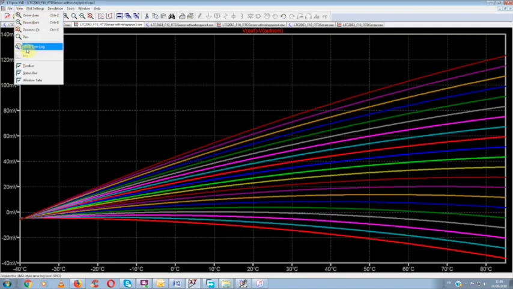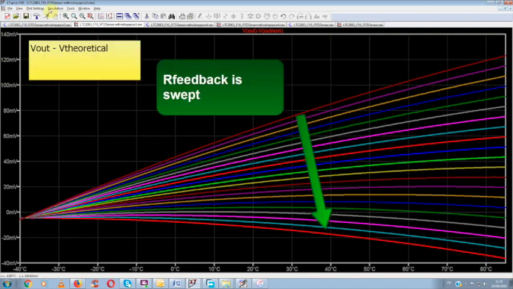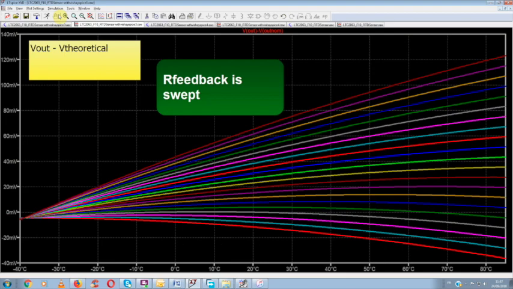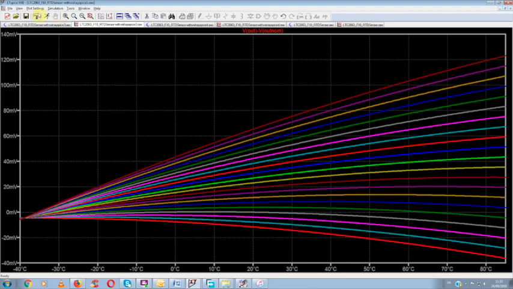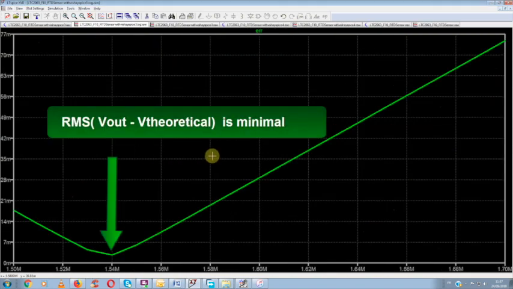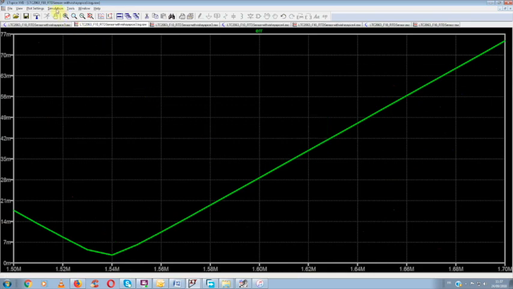We can implement a small calibration correction of the value of the feedback resistor by stepping it and finding the exact RFB value corresponding to a best least square fitting between the out voltage and the target output. We arrive at an optimal feedback value of 1.54 megohms instead of 1.58 megohms. This very slight change brings now a better least square fitting.